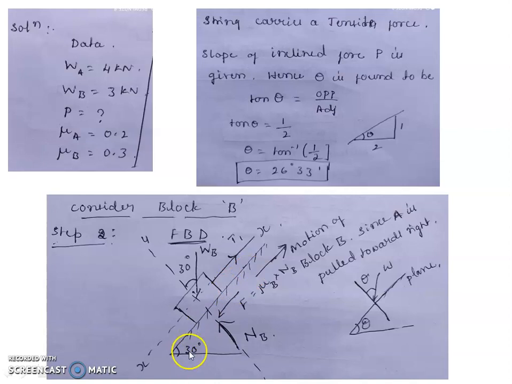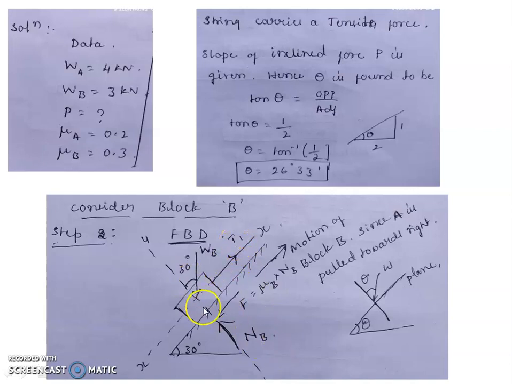Okay, this is the block B free body diagram. It is an inclined plane, which is inclined at an angle 30 degrees with the horizontal. So I took the x-axis parallel to the inclined plane and the y-axis perpendicular to the inclined plane, and the weight component of the block is making an angle 30 degrees with the vertical axis, that is the y-axis, and the cable is connected here from block B to block A. So it is carrying tensile force like this. Tensile force is acting away from the body. It is given like this. Okay, let me call it T1.